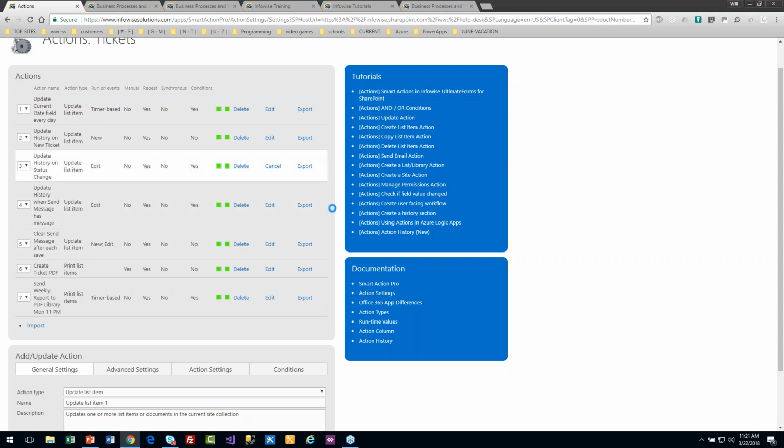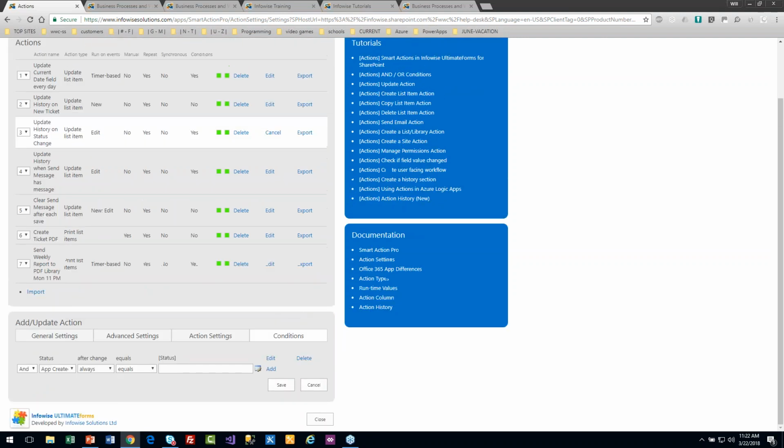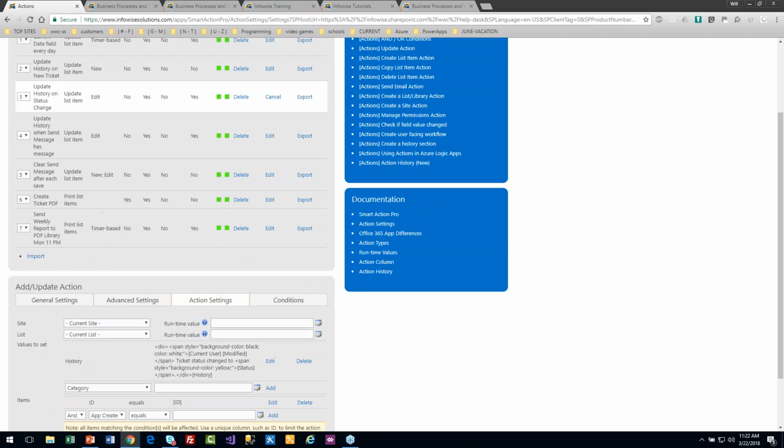So what I'm going to do is load this action setting and show you exactly what happens. What I want you to see is that the rule for this is straightforward. It has a very simple trigger, that being when the status on the ticket changes, and a very simple action. I want to update the history log. Okay, so what it's looking for is when the status changes, that's the condition, and when it does,